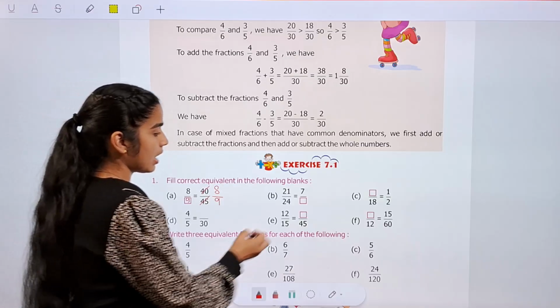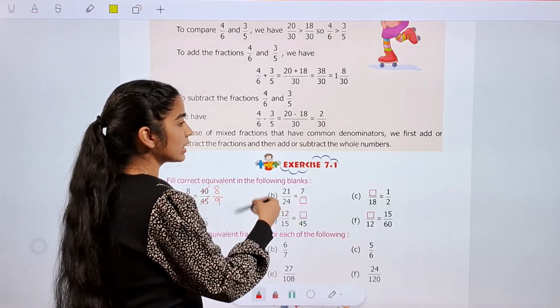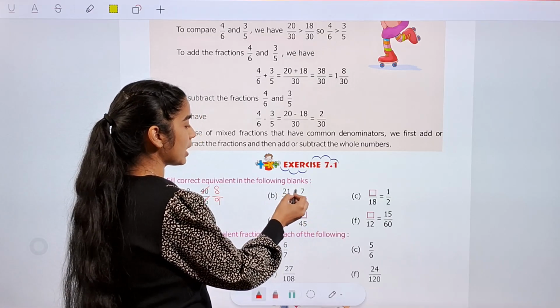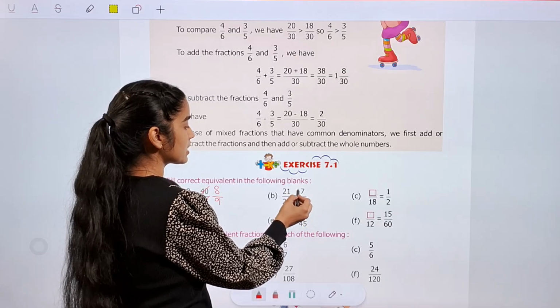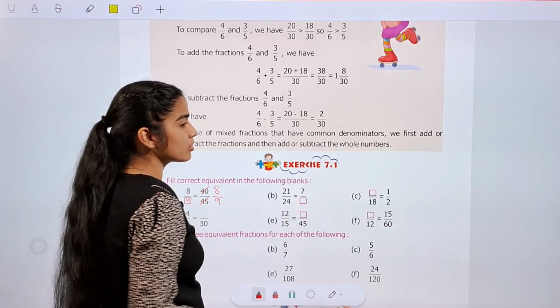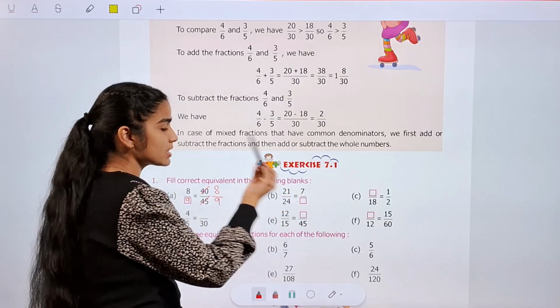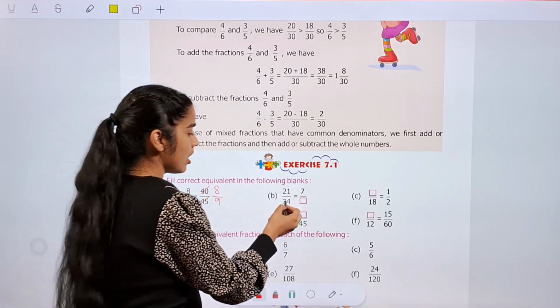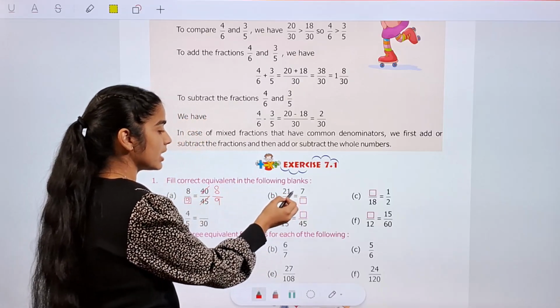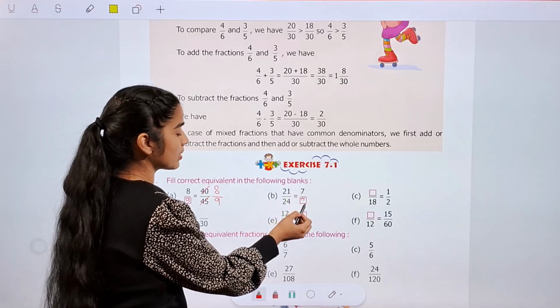अब यहाँ पर देखेंगे 21 अपॉन 24 के लिए हम यहाँ पे क्या लेंगे, तो यहाँ पर अगर हम 3 टाइम्स इसे मल्टीप्लाई करें, ठीक है, 7 को 3 टाइम्स मल्टीप्लाई करें. You can also do that you divide 21 by 7, your answer will come. और यहाँ पर जो आंसर आएगा, यहाँ पर 3 आएगा, तो उसी नंबर को इससे डिवाइड कर दीजिए, तो आपका आंसर आ जाएगा 8.